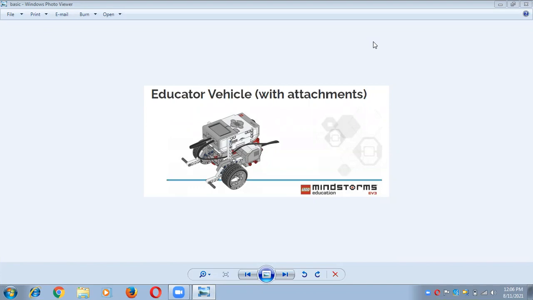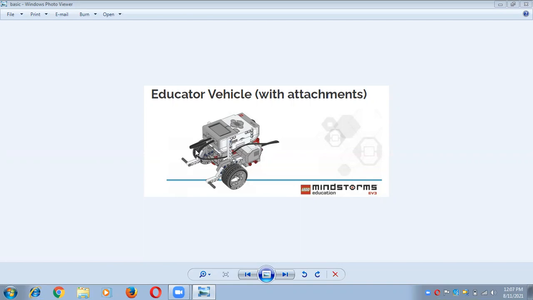As you all know, in yesterday's session, we have already prepared this design, right? We have already prepared this portion of this educator vehicle, right? But today we will design the other side of this educator vehicle. So for that, you know very well, we need any platform in which we can design.